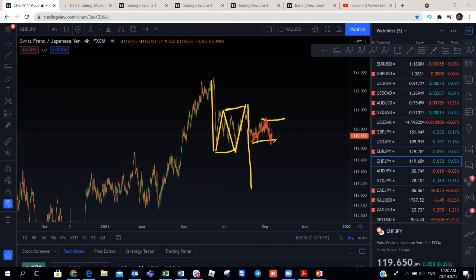We can get this one coming down here and a push to the upside. That will still result in this one coming to the downside. So on CHF yen, we are still bearish and we're still looking for this to continue to around this level so we can get an ABC corrective structure up to this level. So that's what we're looking at there on CHF yen. AUD yen,